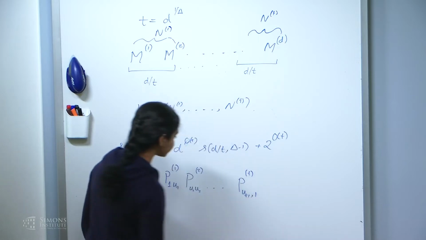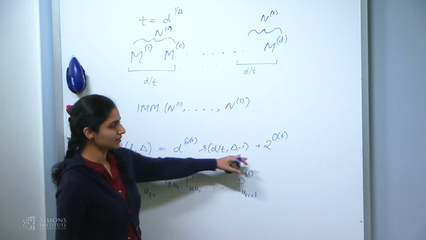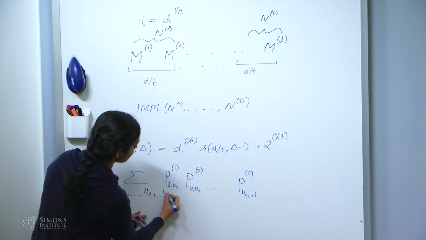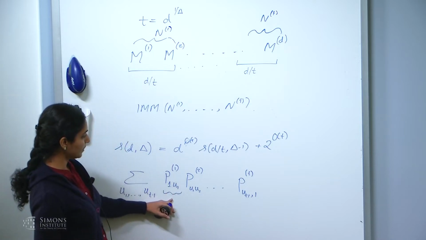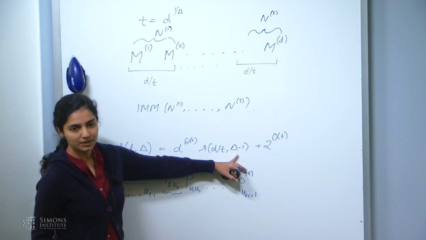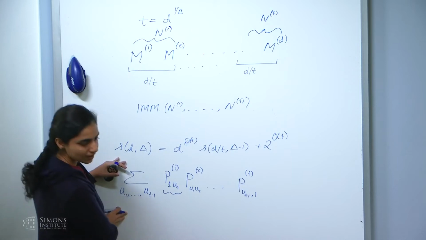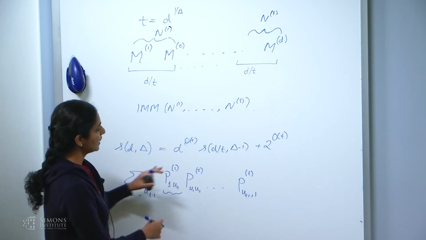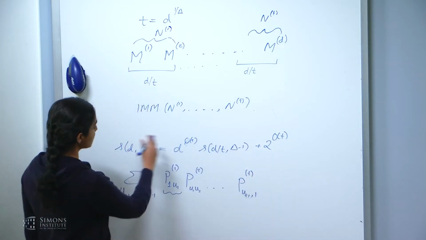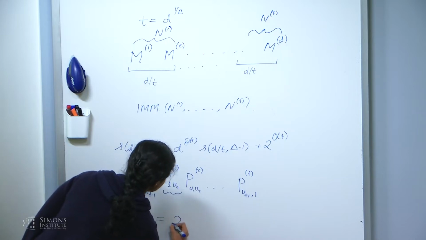I compute these, so I hope this recurrence is clear. Just to make this recurrence clearer, I'm writing down the expansion. Each of these is an instance over d by t matrices of IMM, and I assume that I can have a delta minus 1 circuit for this with a little more overhead. And now for the final plus and multiply, I just put a brute force circuit of size 2 to the t. When one solves this recursion, what you will get is, you get a circuit of size n to the